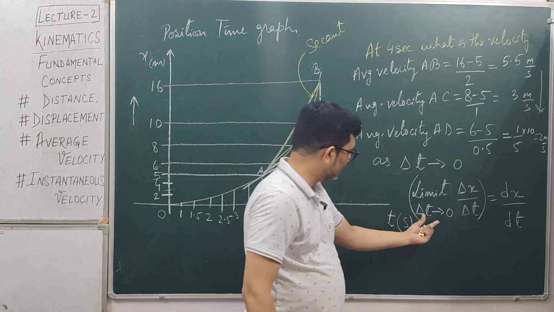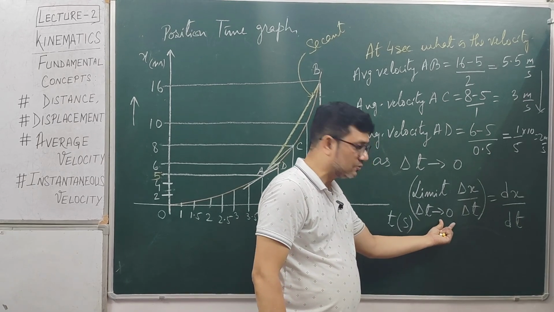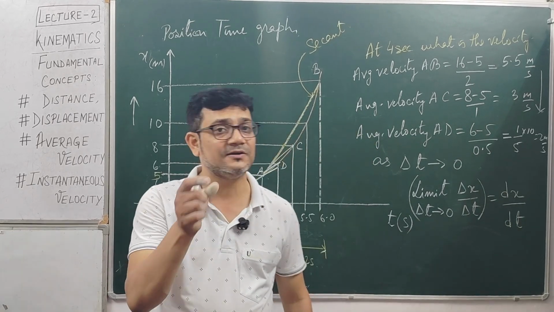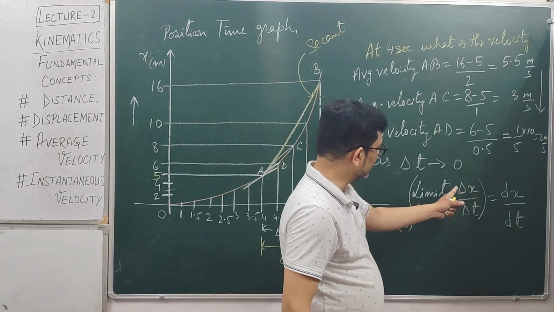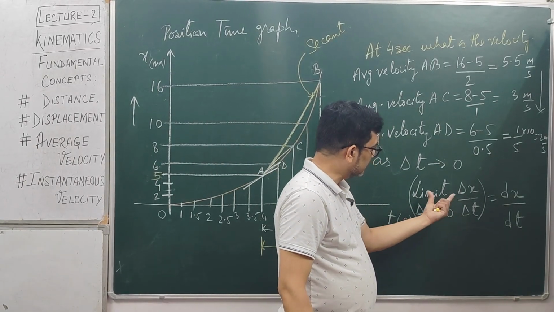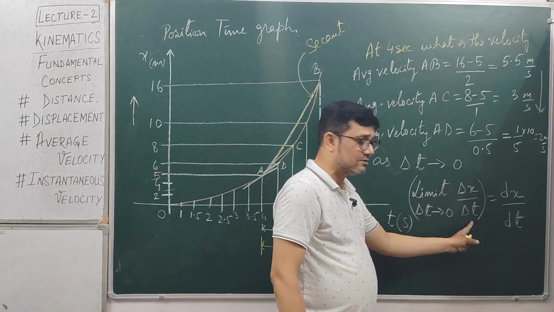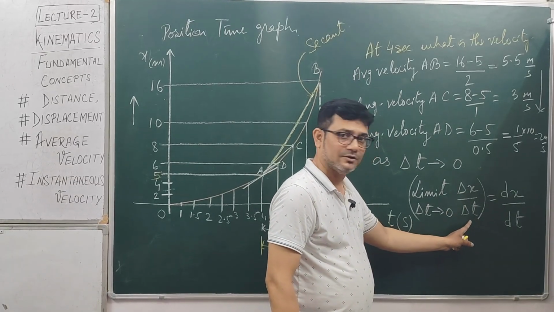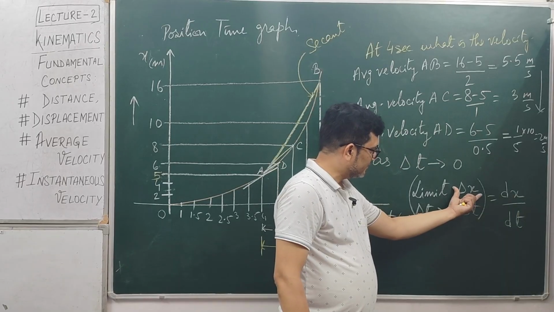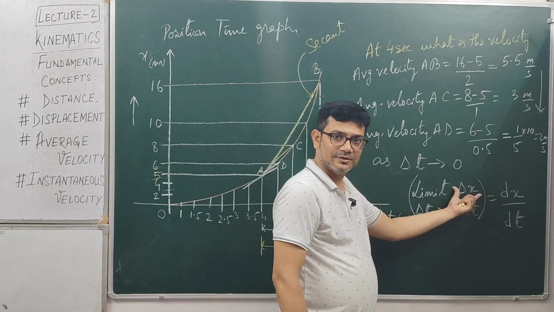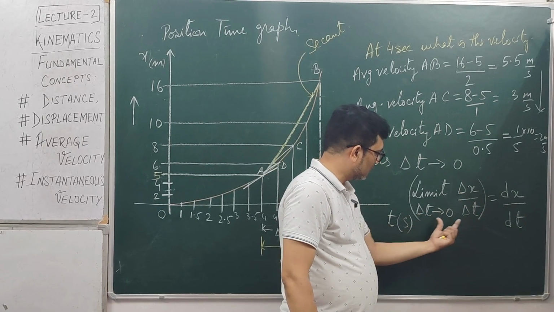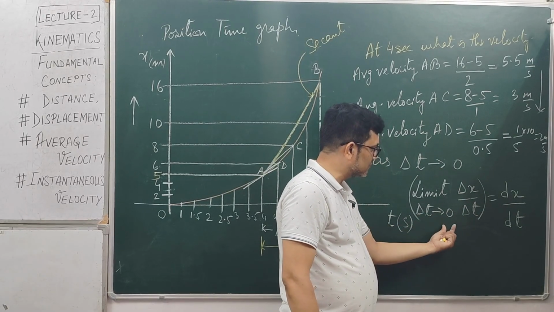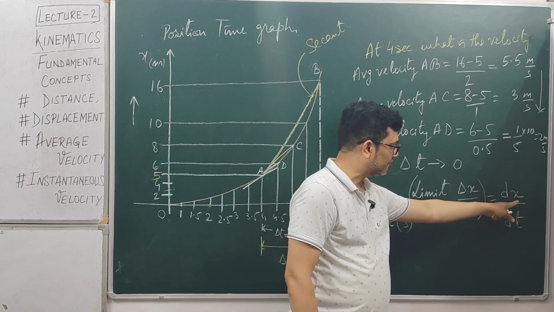That is what we call when delta t tends to 0, that is, when this interval becomes infinitesimally small. Because it's in the denominator, it cannot be 0. So we take a limit for a finite value: the limit of average velocity when the delta time t tends to 0 is the derivative of x,